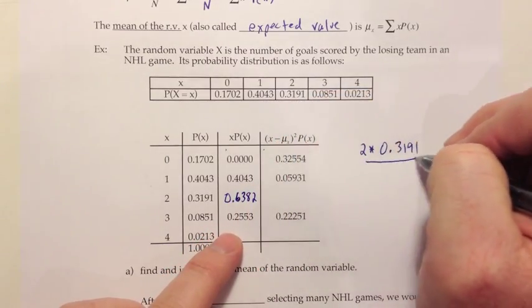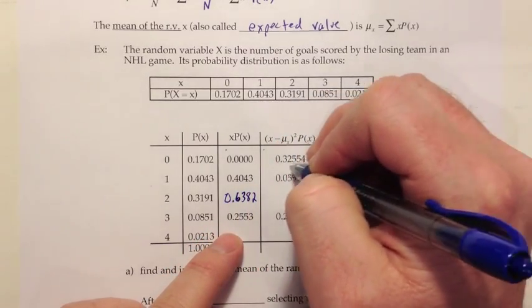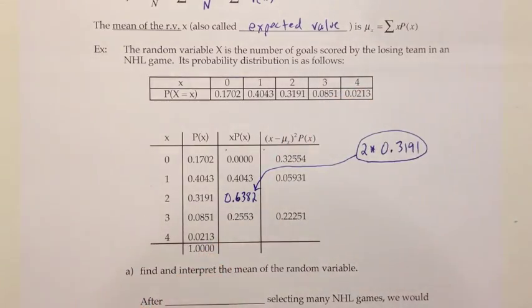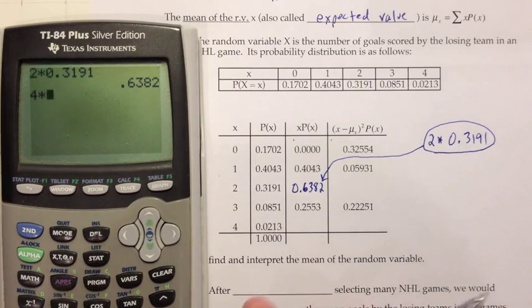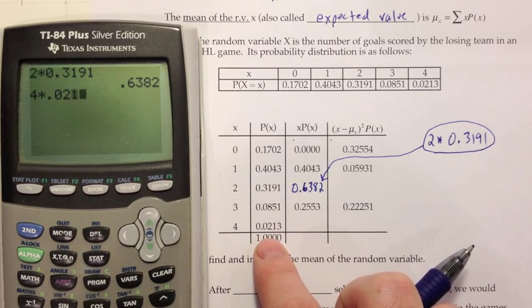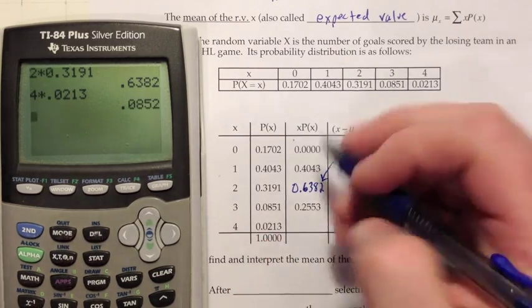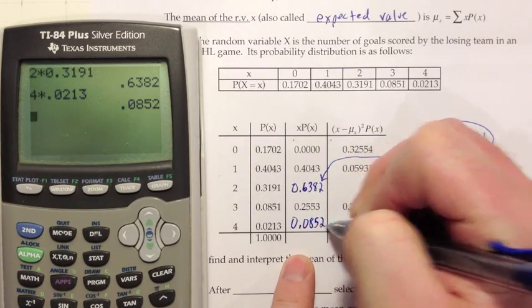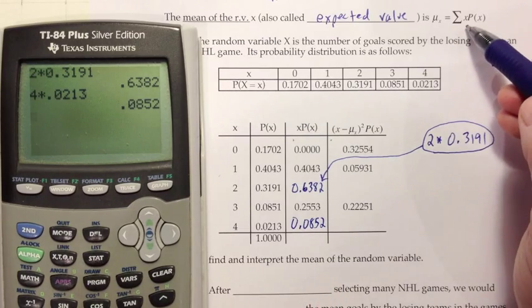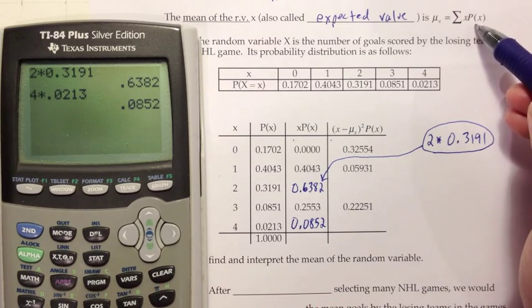And just make a note there, so that calculation is giving us that number right there. And then we'll go ahead and do the next one as well, so that would be 4 times 0.0213, and that is 0.0852. And at that point we've done the multiplication of every x times its p of x,